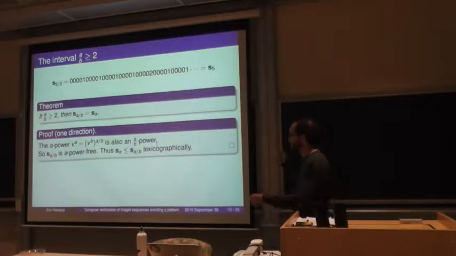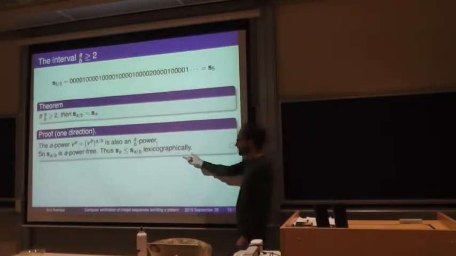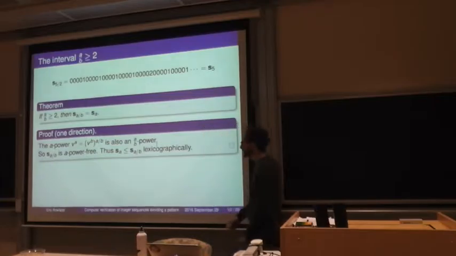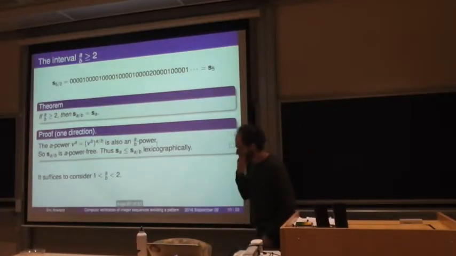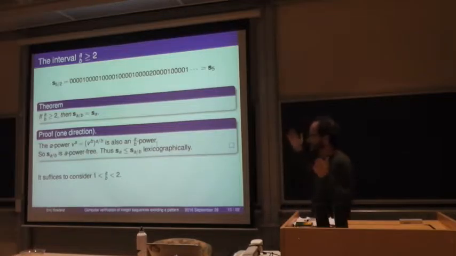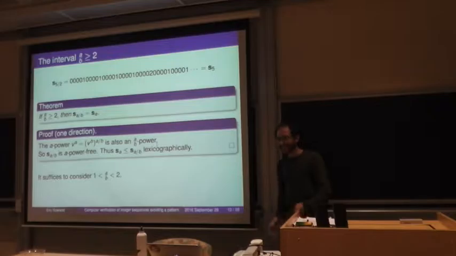So that's one direction. The other direction, you show that s sub a over b is lexicographically less than or equal to s sub a, and so these sequences have to be equal. So this is really nice. It cuts down all the rational numbers to a very small interval, where there are only infinitely many rational numbers between